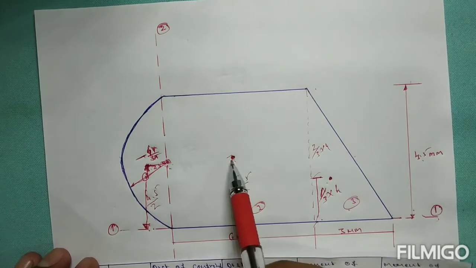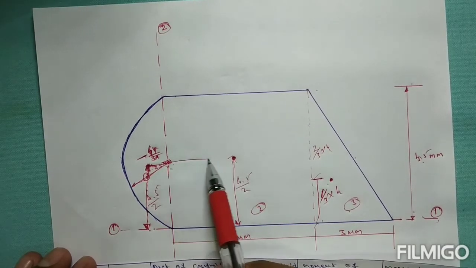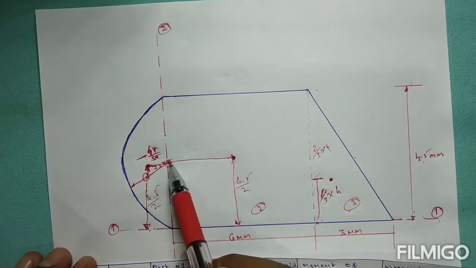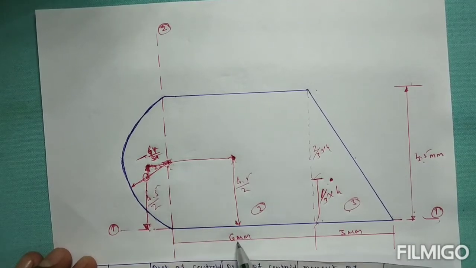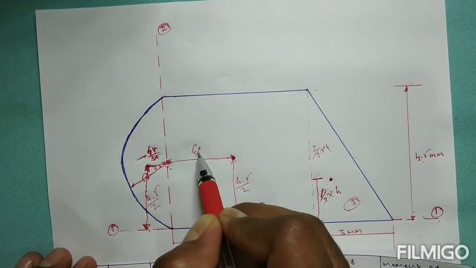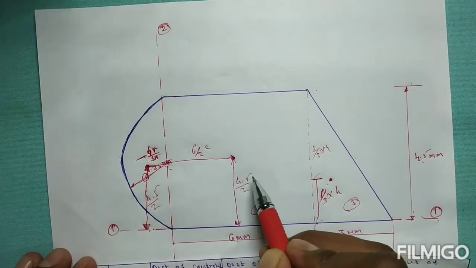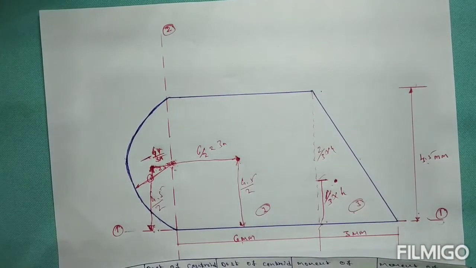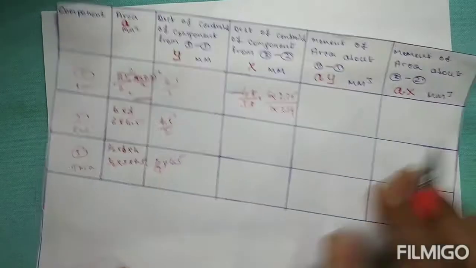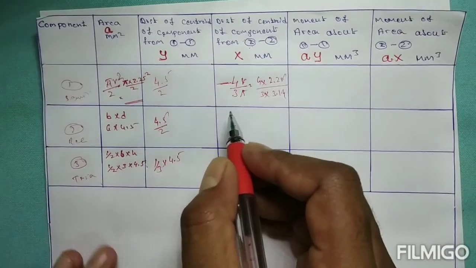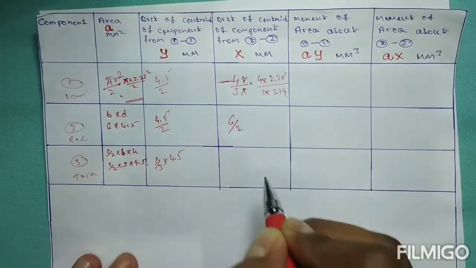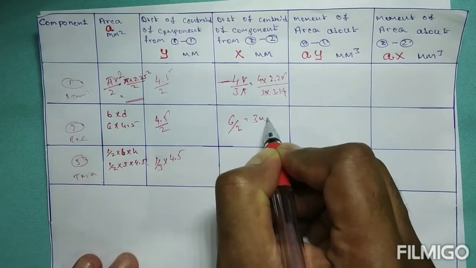the rectangular section is here. So this is the distance from here to your reference axis. Here no problem, your reference axis is the left side. So the width is 6, so that will be 6 by 2, that is 3 meter. It will be 6 by 2 equal to 3.